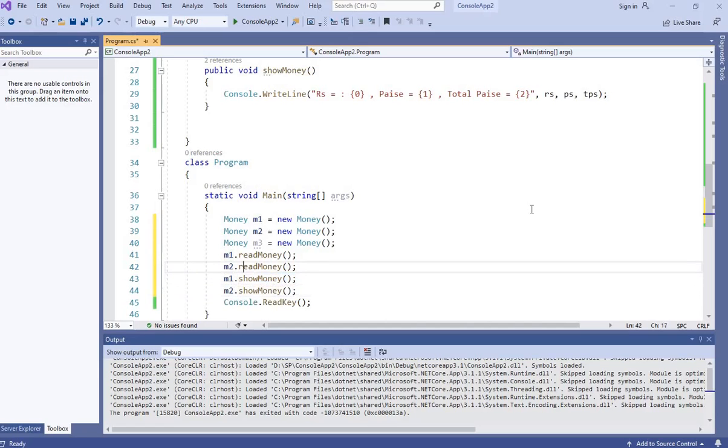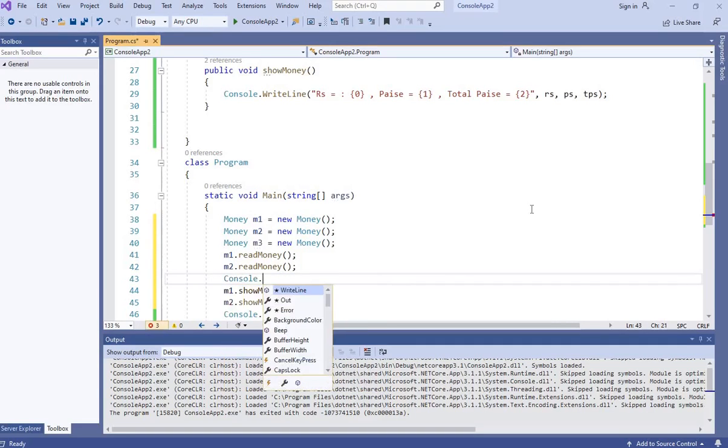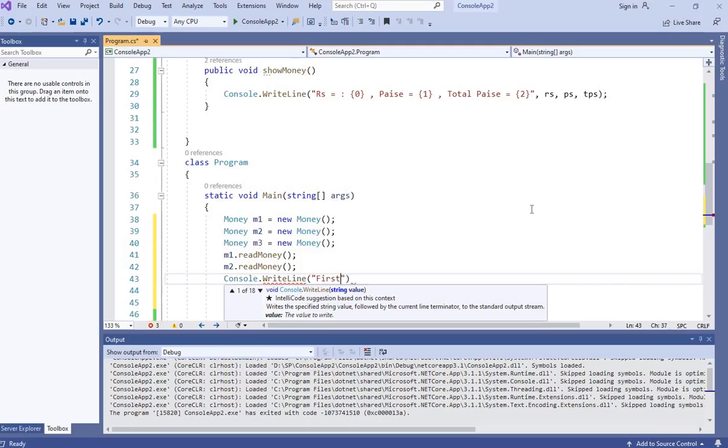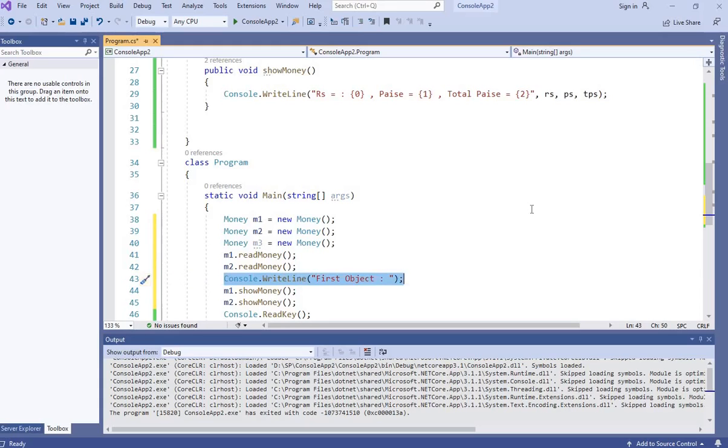So here I am using Console.WriteLine, first object, just for displaying purposes, and then here this is our second object. Now if you execute this,